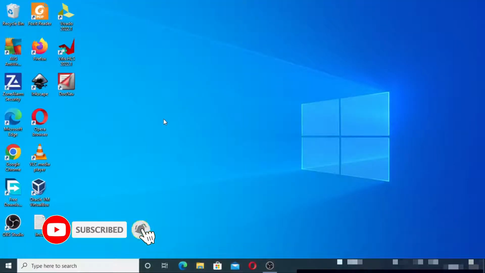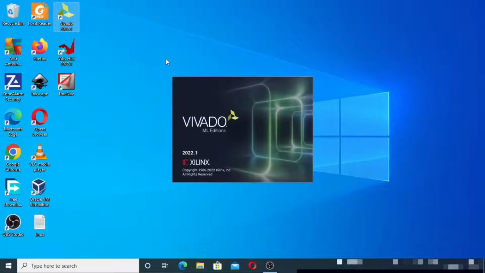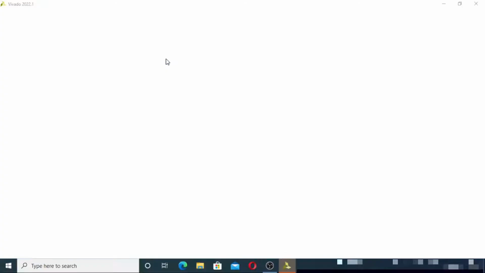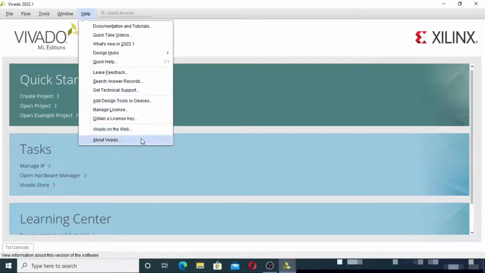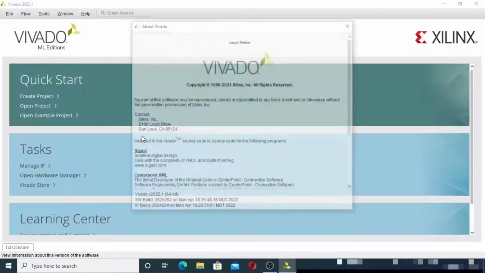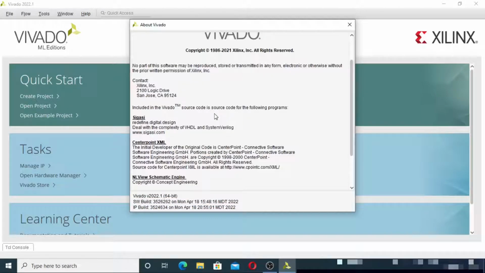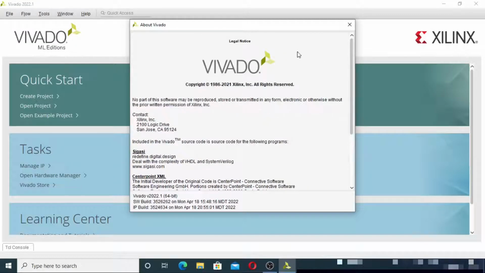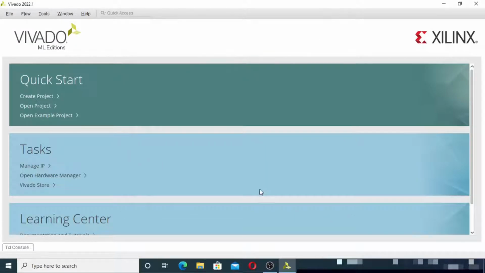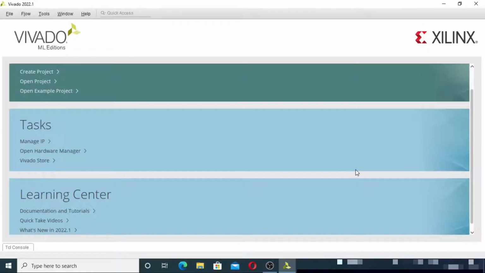Folks, now we launch Vivado in Windows. I double click Vivado, and the Vivado splash screen appears here. So we are done with this particular part, and folks,